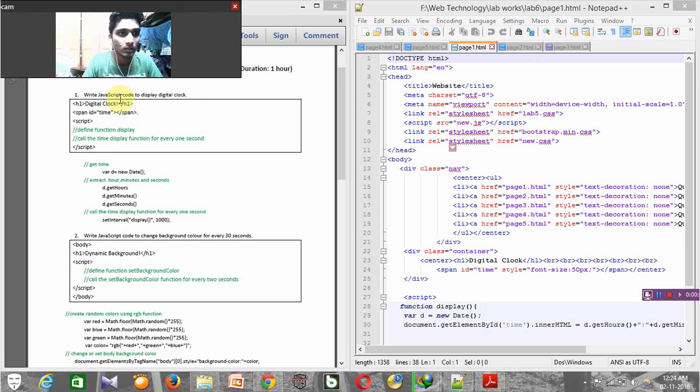The experiment is timer functions and objects using JavaScript. So the first question is: write a JavaScript code to display a digital clock. So for this